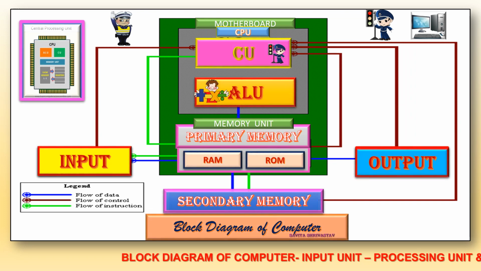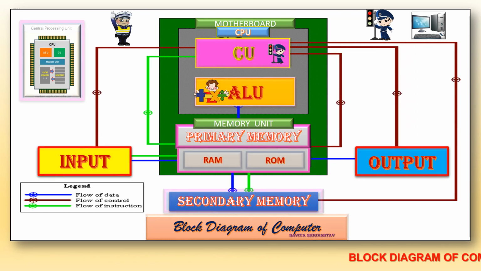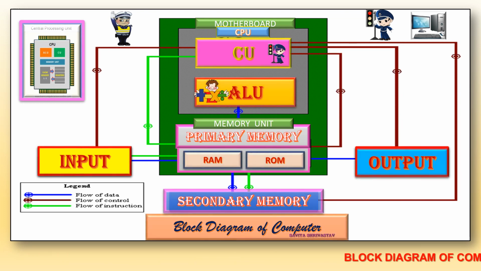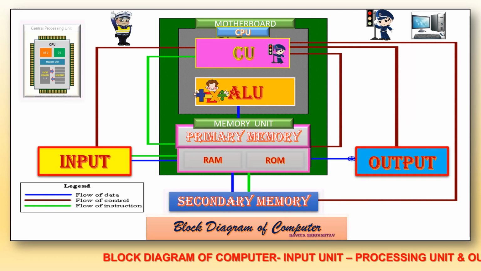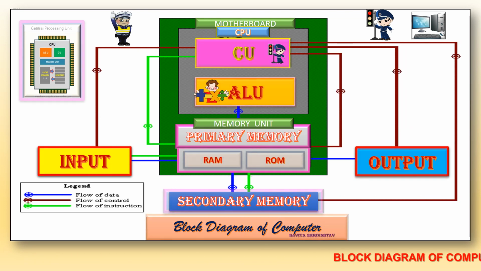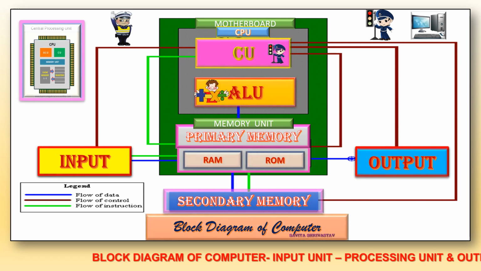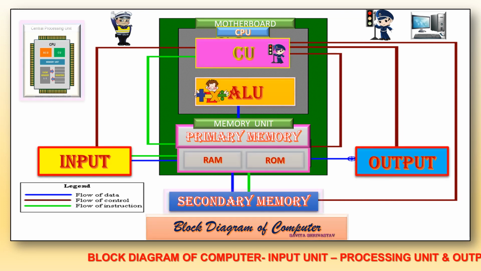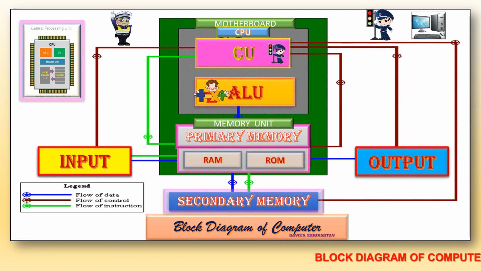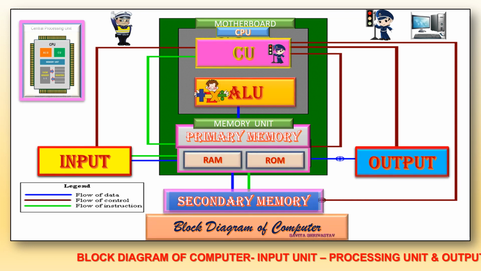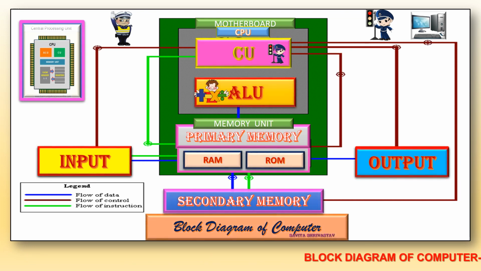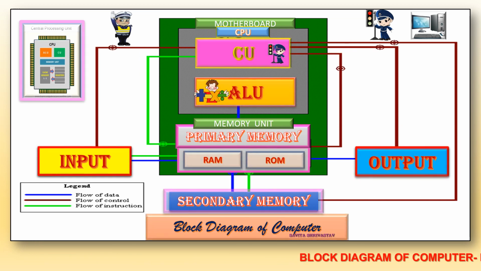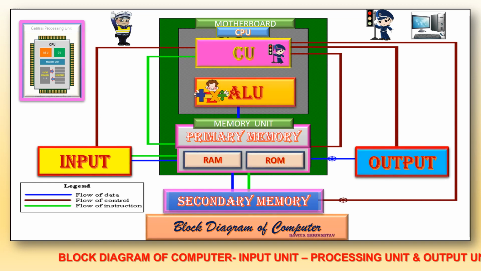The primary memory is also called RAM and is volatile. The main disadvantage of primary memory is that the data will be lost when power fails. Thus, the data in primary memory is temporary. Secondary memory is non-volatile. The advantage of secondary memory is that the data will never be lost even if the power fails. Thus, the data stored in secondary memory will be permanent. The examples of secondary memory are pen drive, CD, DVD, etc.